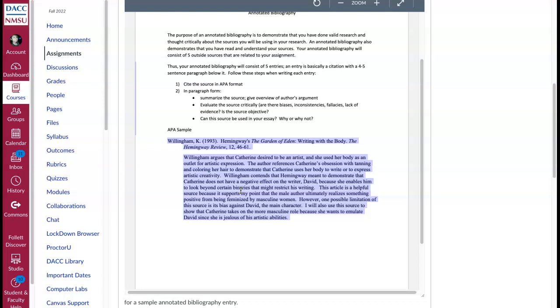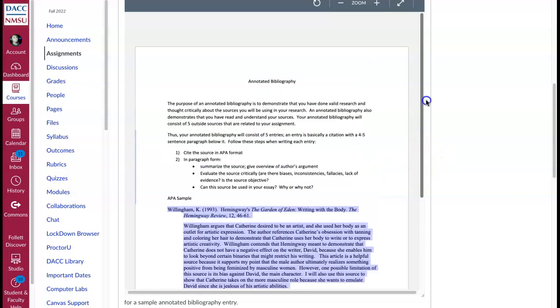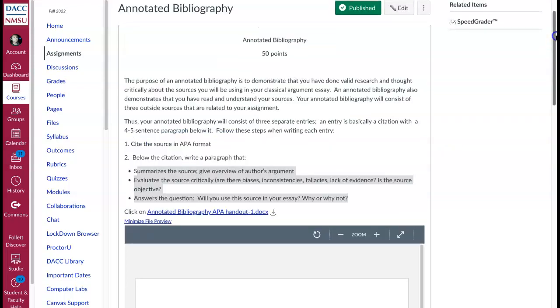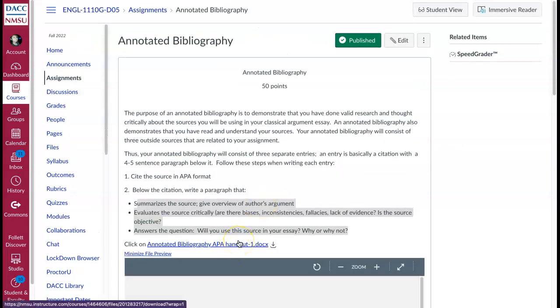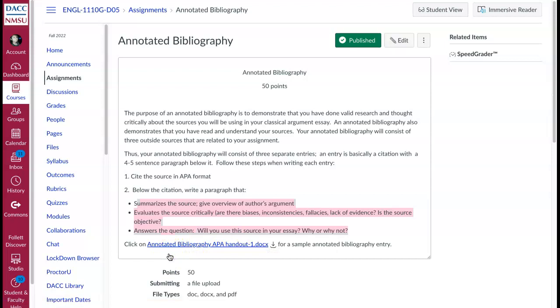So just make sure that you do that properly because you don't want to end up getting points deducted because you submitted your annotated bibliography instead of a reference page with your essay. So keep that in mind that the annotated bibliography is a separate assignment that you submit separately. Once you submit your essay, the last page of your essay should be a reference, not just a copied version